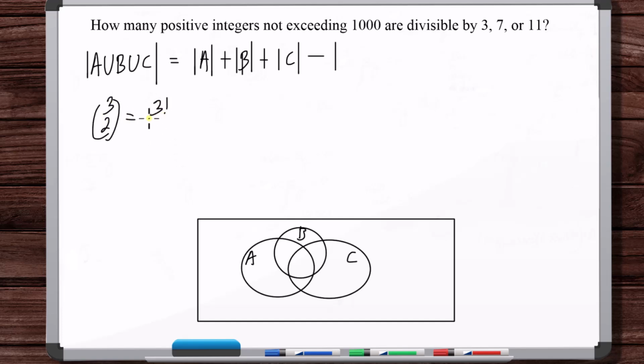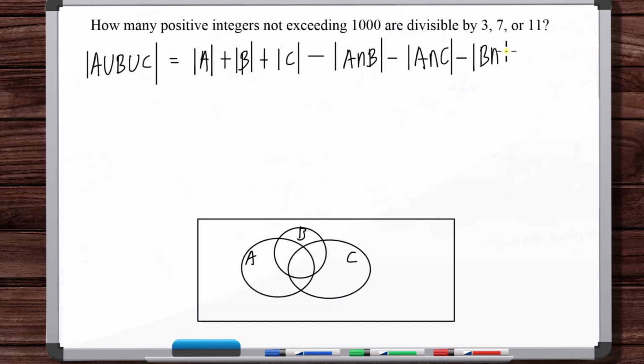So this is A intersection B minus A intersection C minus B intersection C, and then plus A intersection B intersection C. Okay, so the number of elements in A is how many integers from 1 to 1,000